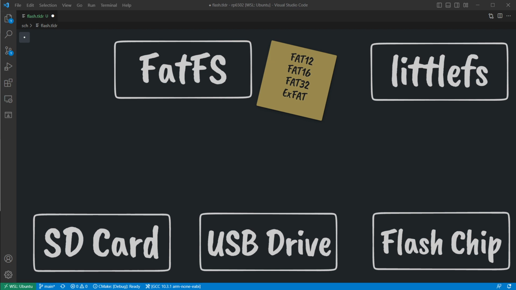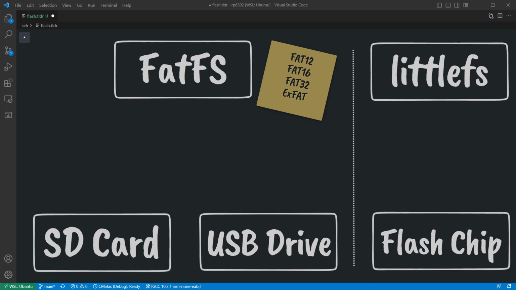The FAT library we'll look at is called FATFS. There's another one by the same author called PetitFATFS, which is lighter weight but doesn't support exFAT. I have plenty of room, so I used the big one. The other file system is called LittleFS. This was developed at ARM for use directly on flash memory chips.